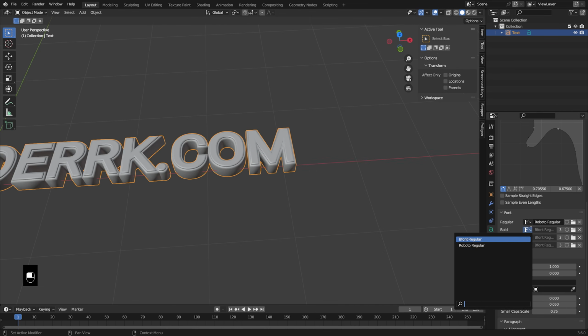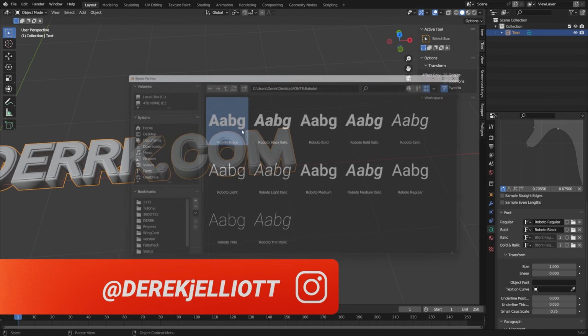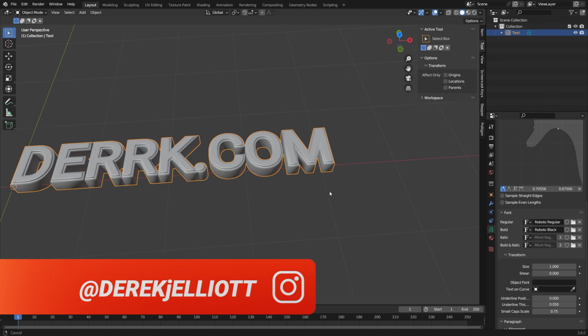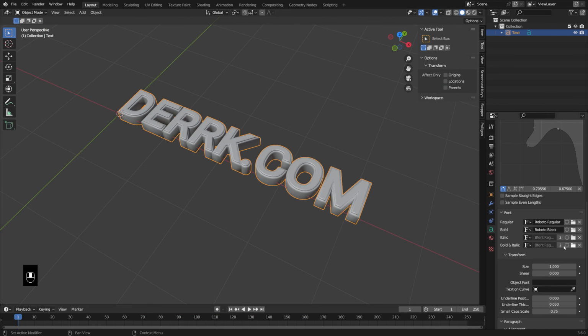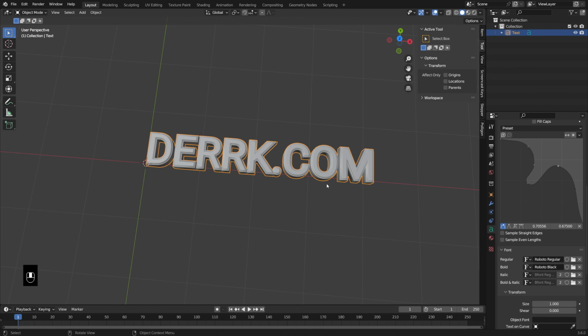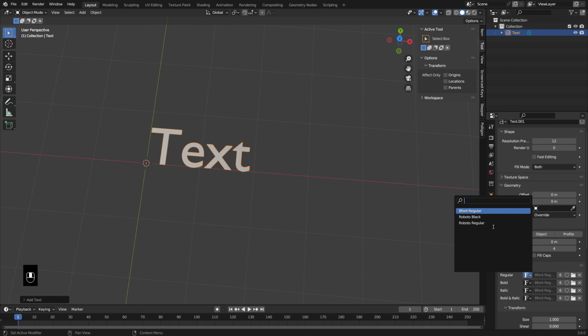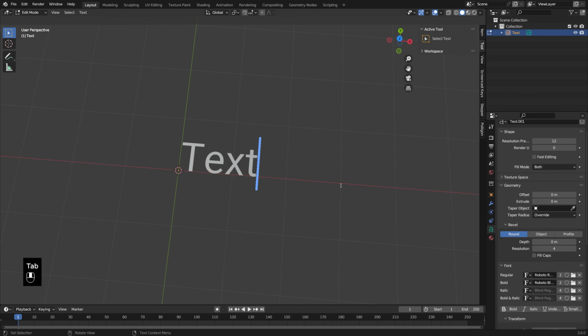And then for bold, if I just select the regular, then this will open up to the same folder. And I can select the black one right there. And if you wanted to, you could also select the italic. By default, it changed immediately to the regular one. Just to clear out some of these settings, I'm going to delete this and add in a new text object. And let's just reselect our fonts right here. And let's type in again,